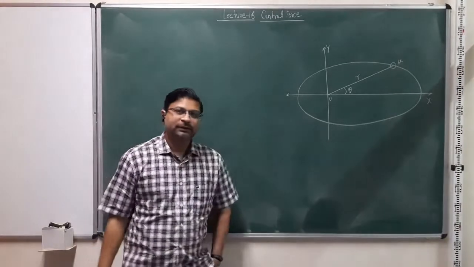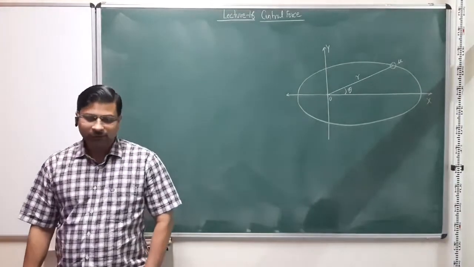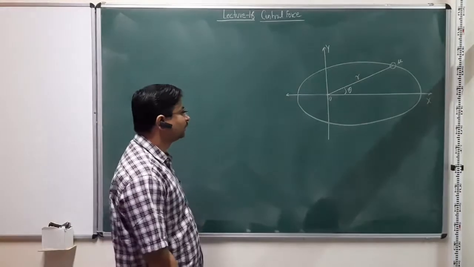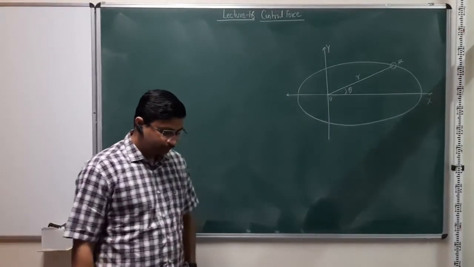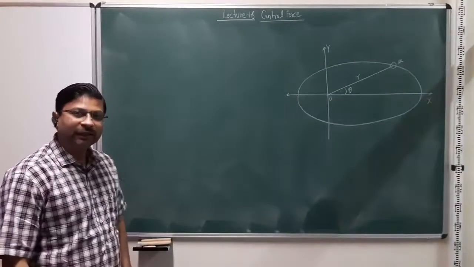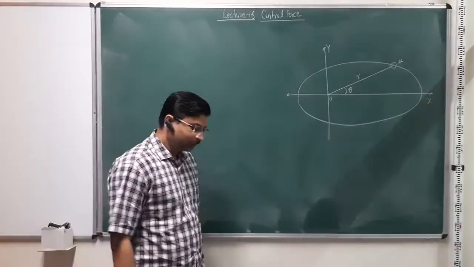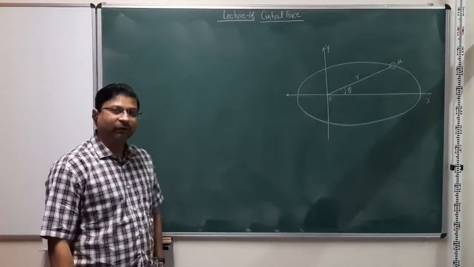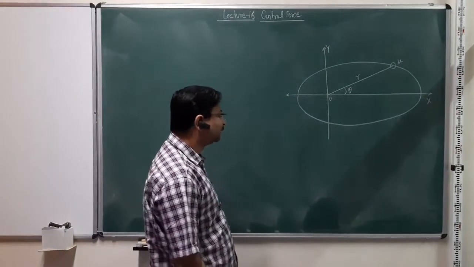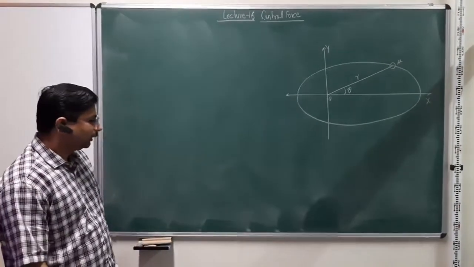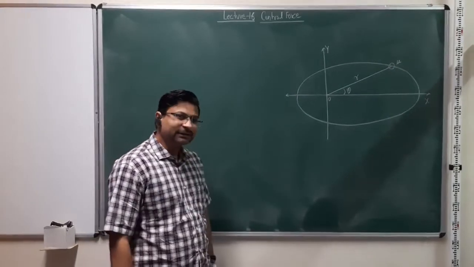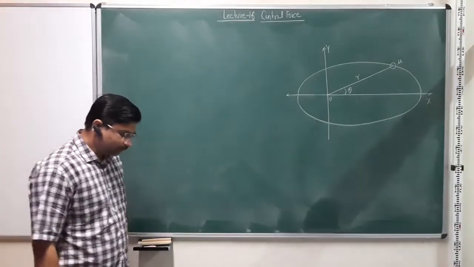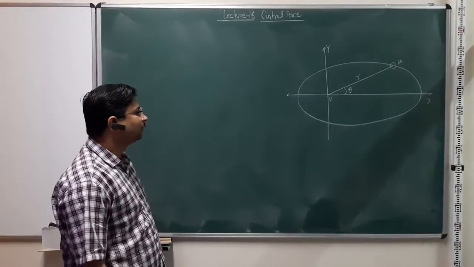So we discussed this central force motion in the last lecture, and more or less we have covered the important aspects or the analysis to describe motion under a central force. Particularly we are interested in this 1 over r kind of potential, so 1 over r square kind of force, which is representative of the gravitational interaction as well as the electrostatic interaction. So now other things which are there in the book can be looked at, and you can yourself work out analysis of the other remaining topics.